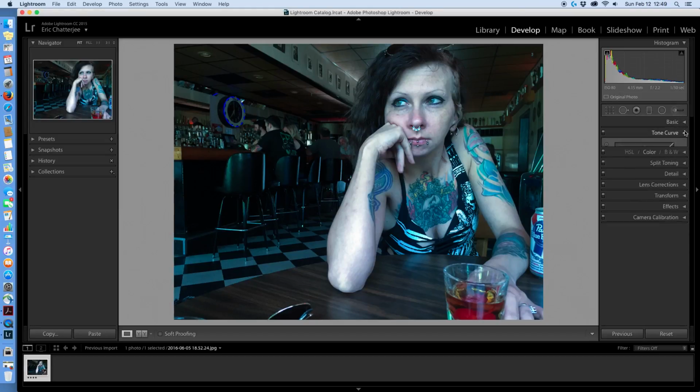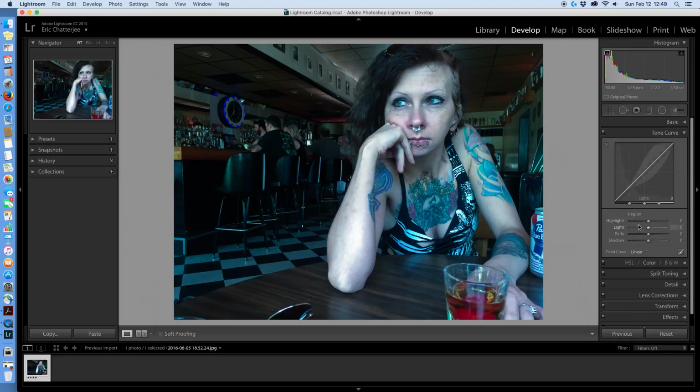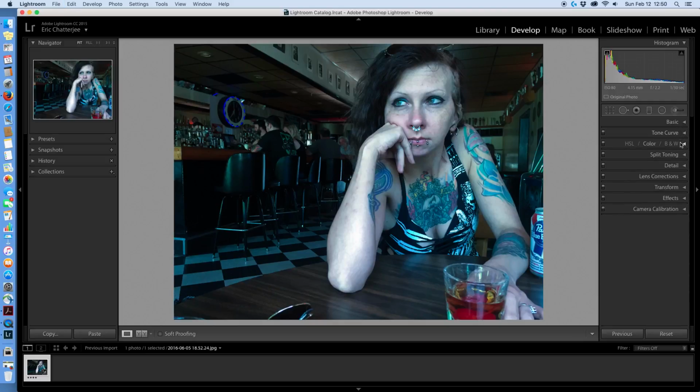All right, gonna look at tone and curve. Basically, this allows you to adjust the curves very specifically. You can play around with this. It's essentially just like curves in Photoshop. You can play around in here, but basically I'm going to leave it the way it is there and move on to